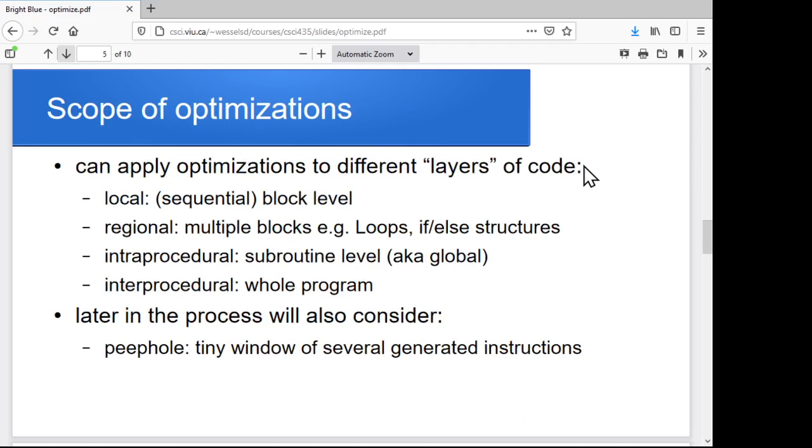Now, as we go through, I mentioned that there's a lot of different layers of optimizations that we can perform in terms of what chunks of the program or what scope of the program we are looking at. So what we'll do is divide it up into a few major groups. We'll take a look at local optimizations,